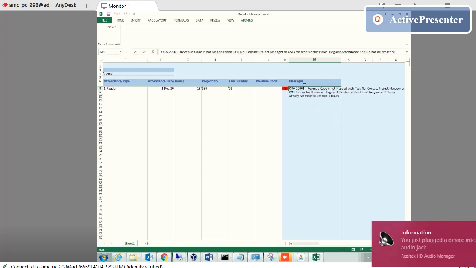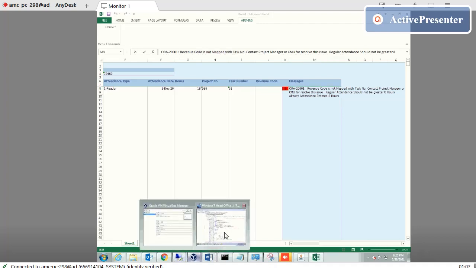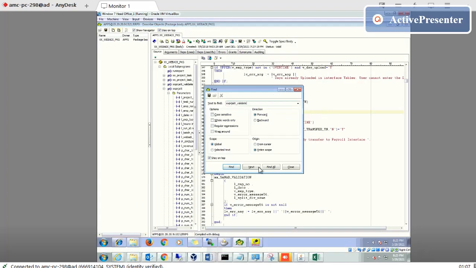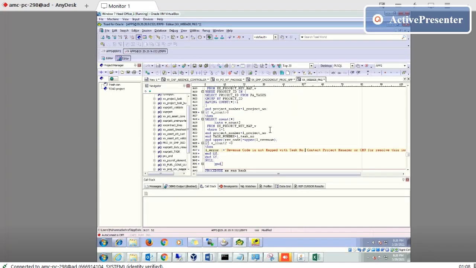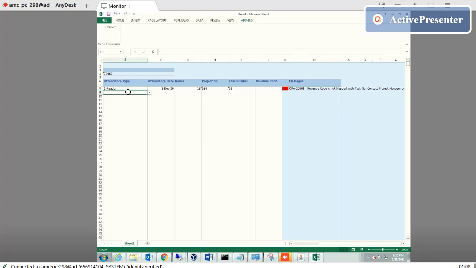If I go here, I will check the code here. So all the validations appear. We have created custom validation here, and in the access sheet, the system will not allow the user to enter the wrong data. So this is a web assistant.